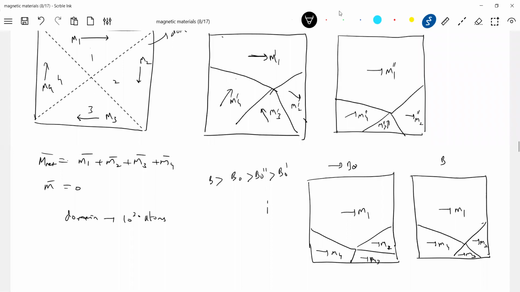This is what happens in ferromagnetism. So what is the direction of the induced magnetic field? I think I have to show that B_M here. This B_M will be several times greater than B naught. This is the thing which we needed. Several times means even 1 lakh times B naught. The induced magnetic field will be very much greater than the external magnetic field. This is what happens in the ferromagnetic substance.